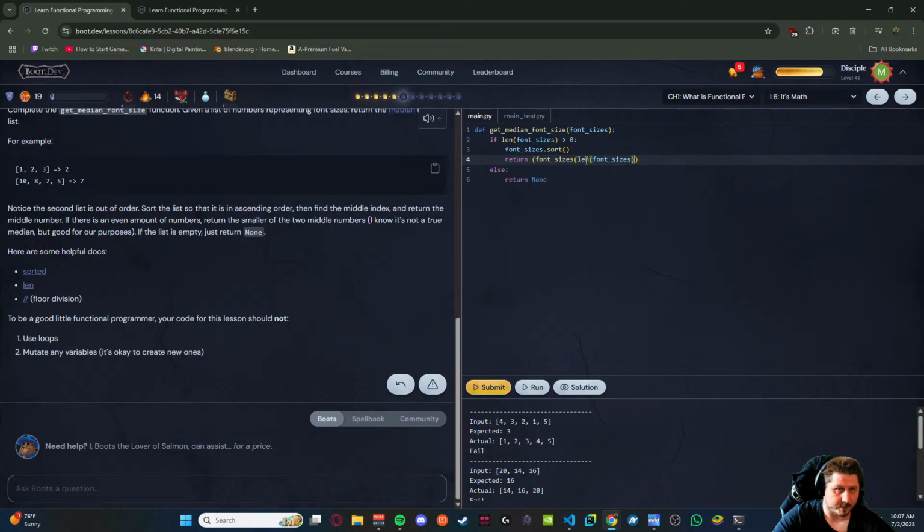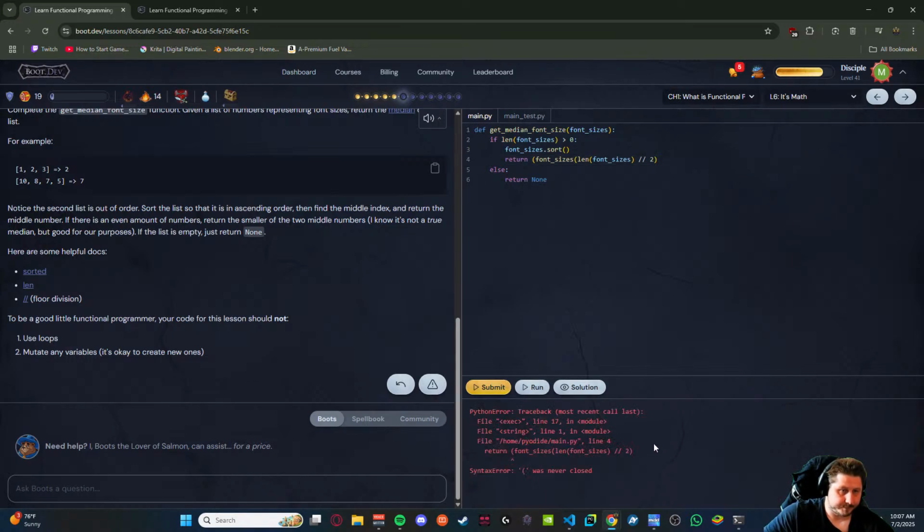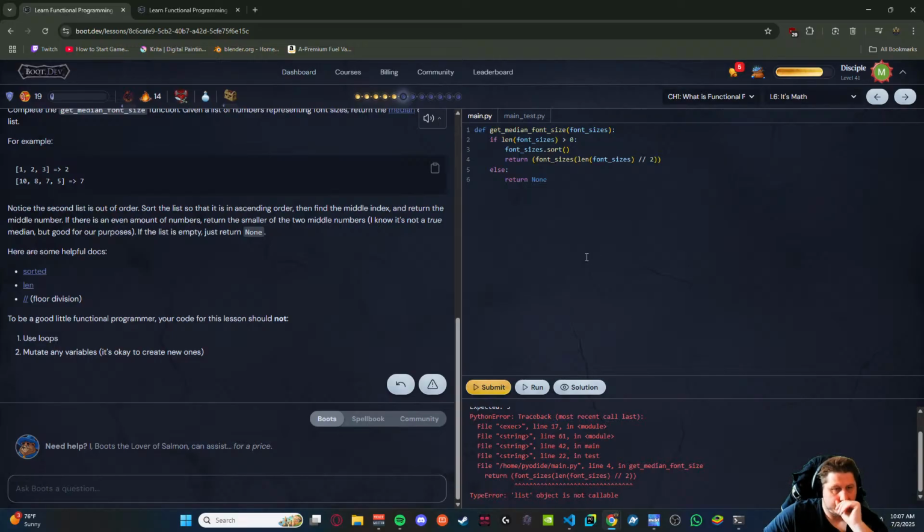I'm pretty sure that's how it works. Floor 2. Yeah. Was never closed. Oh. Return font sizes, len font size divided by 2.